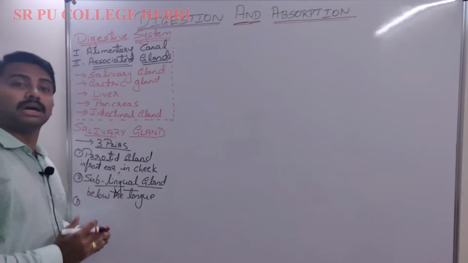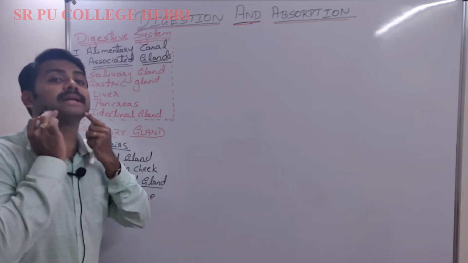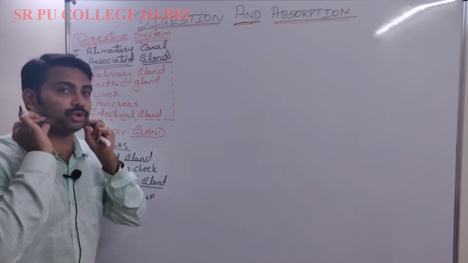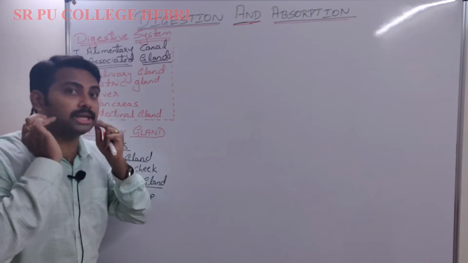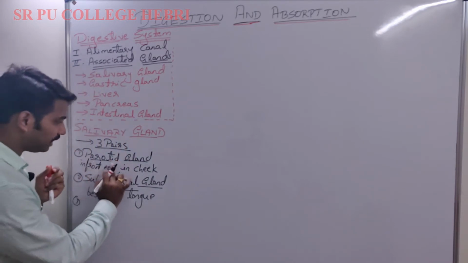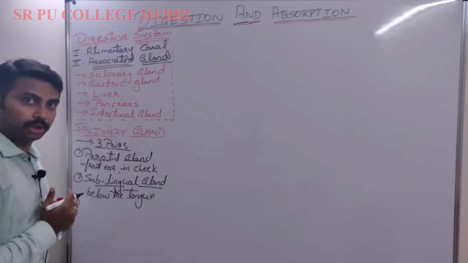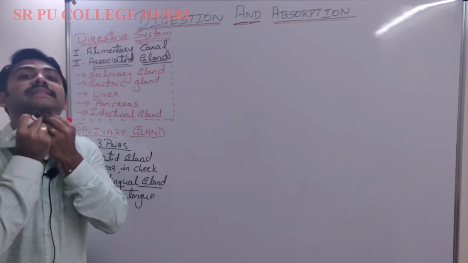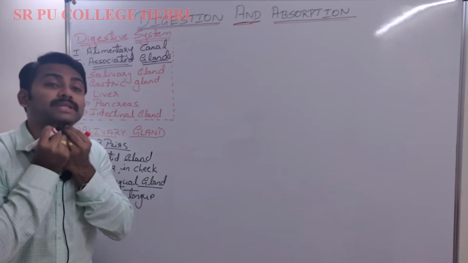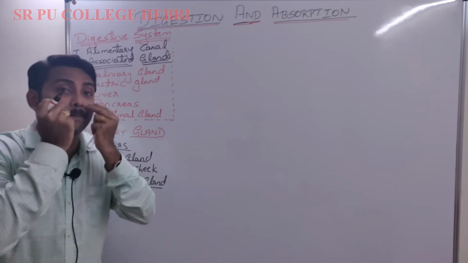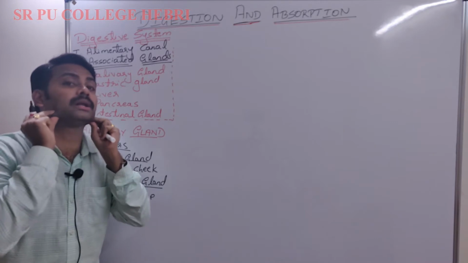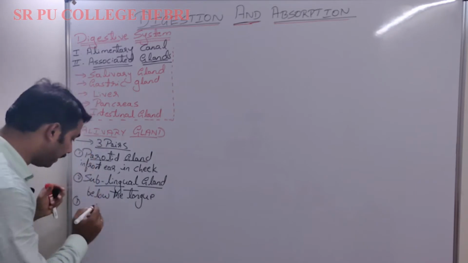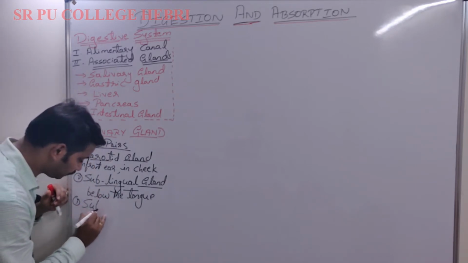Number 3, the third pair of salivary gland is present below the lower jaw. This is lower jaw here. Okay, no confusion. In front of the ear, in the cheek, you have the first pair, the largest salivary gland, called which one? Parotid gland. Try to recall the concept. The second pair of salivary gland is present below the tongue, here at the center, whereas the third pair is present below the lower jaw, here in this muscle. If you peel out the skin, you will find which one? The third pair of salivary gland, which is called